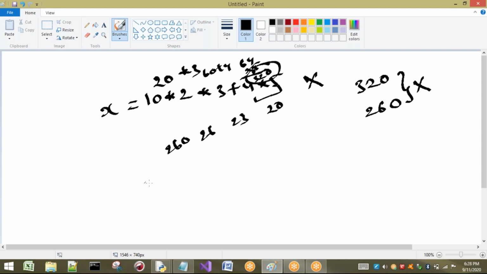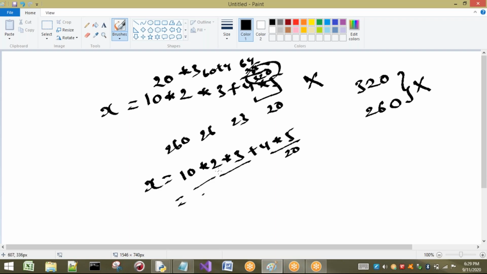The reason is we have to follow some precedences, and we have to follow associativity. So first we have to check the precedences, and later we have to go for associativity if there is any problem. Now see, first we have to perform multiplication operations, from left to right. 4 into 5 is 20.